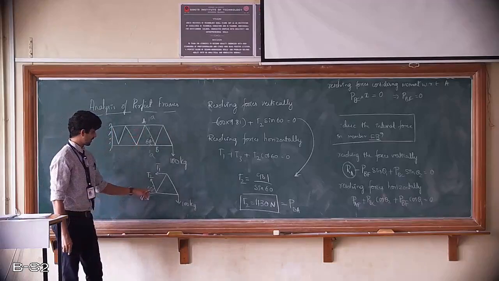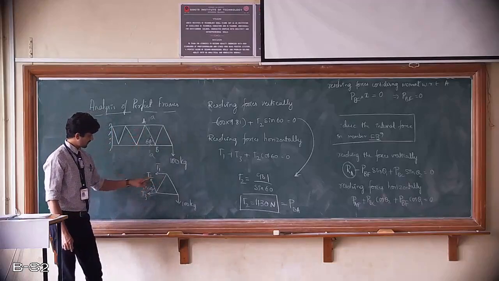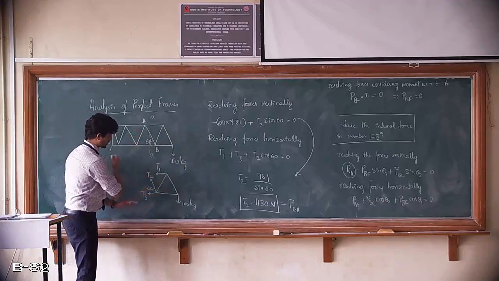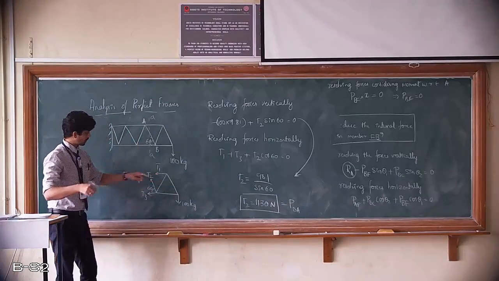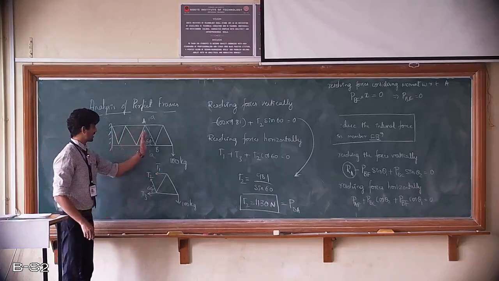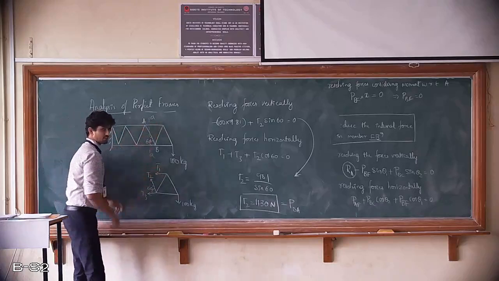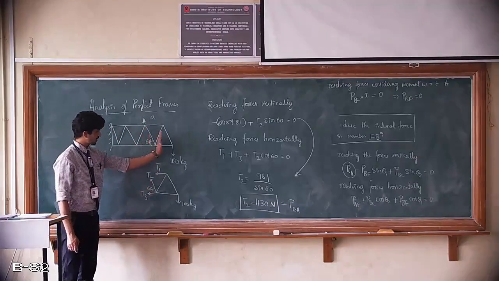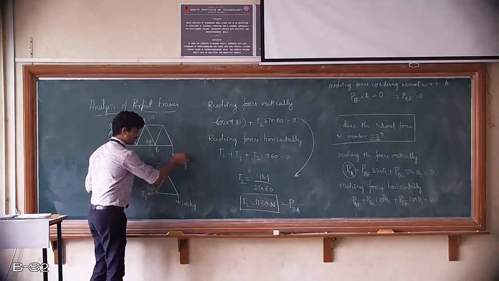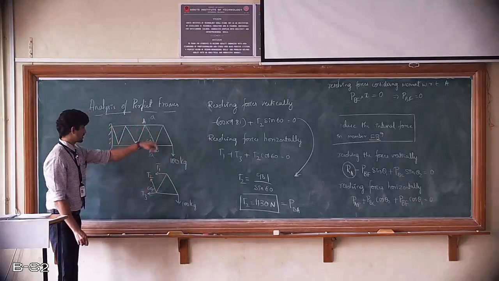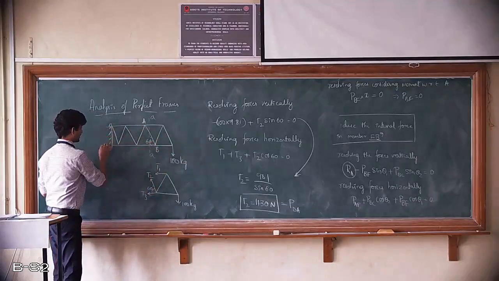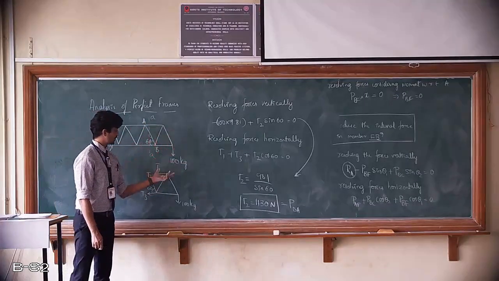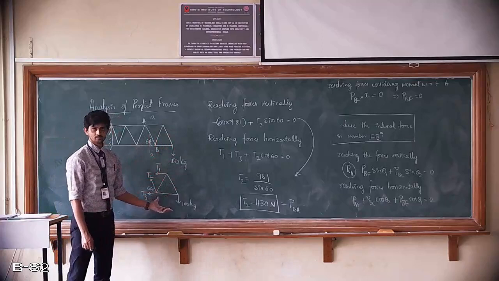But here we have assumed all the loads to be tensile in nature. It is going towards this section, so it is behaving on that particular member as tensile. If you consider the equation on this side, it has to be in the opposite direction, so that will be tensile. Okay, and why have I considered this particular section? Because I have one known load here. In this particular truss, it will be very difficult to find the reactions here, so I have considered the simpler right hand side, where the external load is known, so I can resolve further.